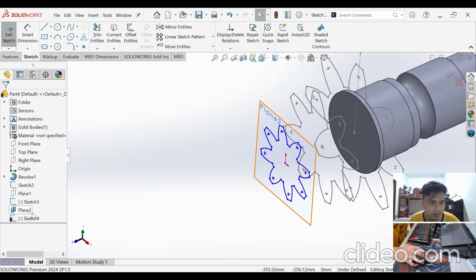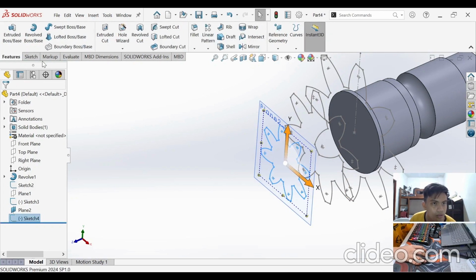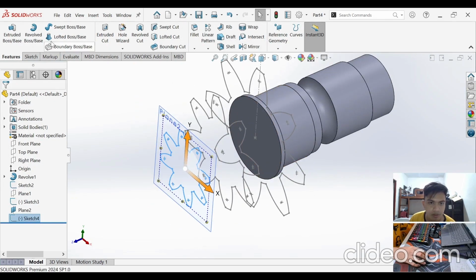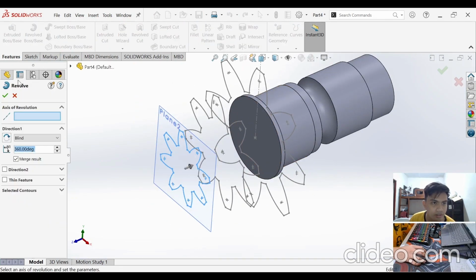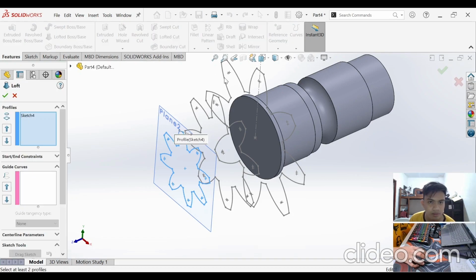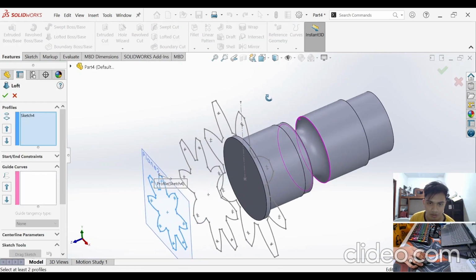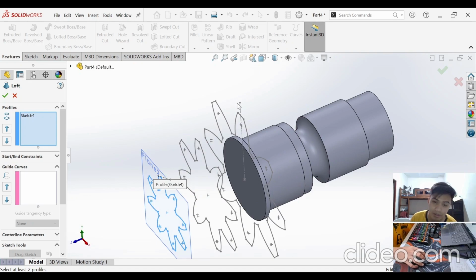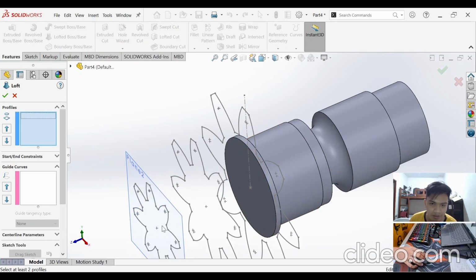So now that we have made all of the sketches of our teeth, it is time to proceed to lofted boss base. By selecting lofted boss base, we can make a similar extrusion according to the pattern that we have made by these three sketches.